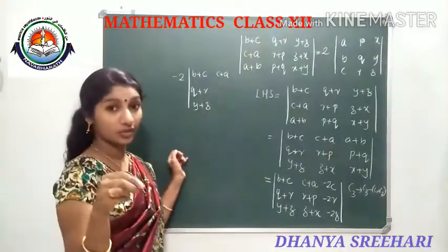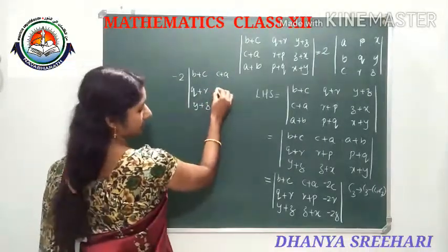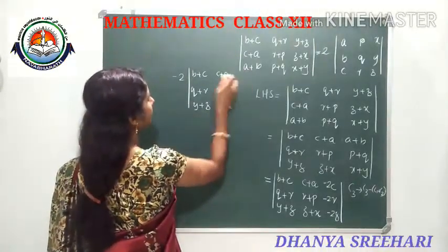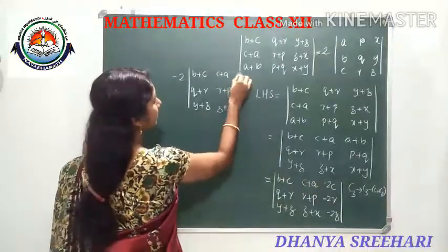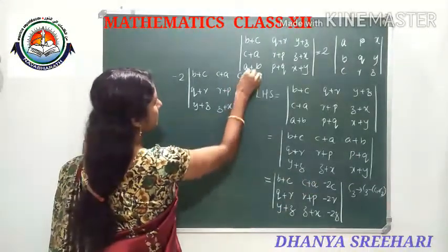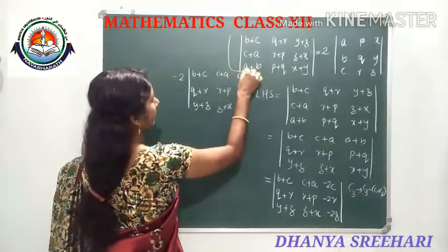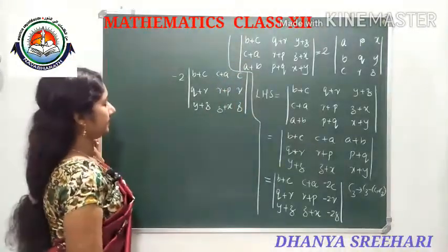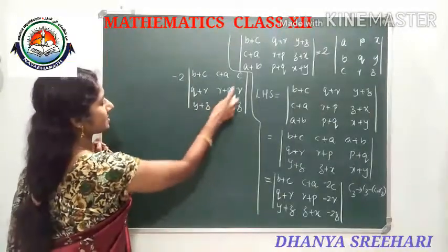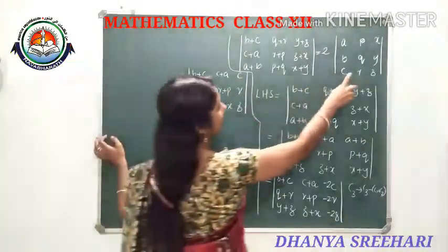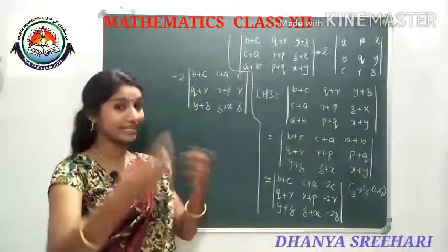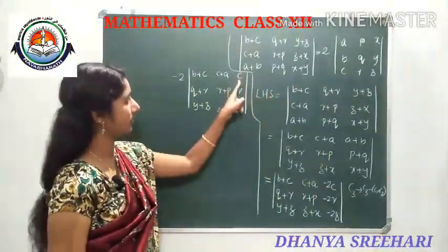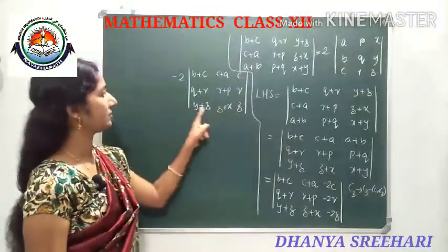Better you can write with me. r plus p, z plus x, and the third column we took minus 2 outside. So it will come c, r, z. Okay. Then here also this is okay, c, r, z we will get it as c, r, z, means later we can interchange the rows and columns. So one third row in our answer we got as third column, and here also we need to make the changes.